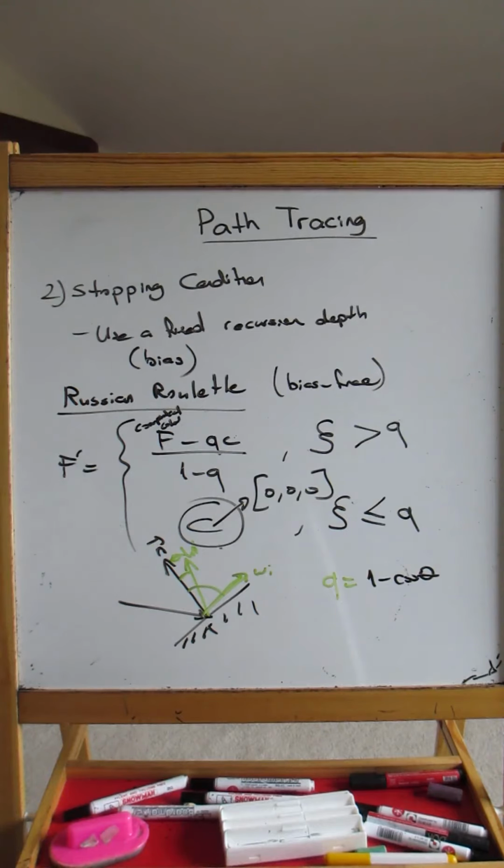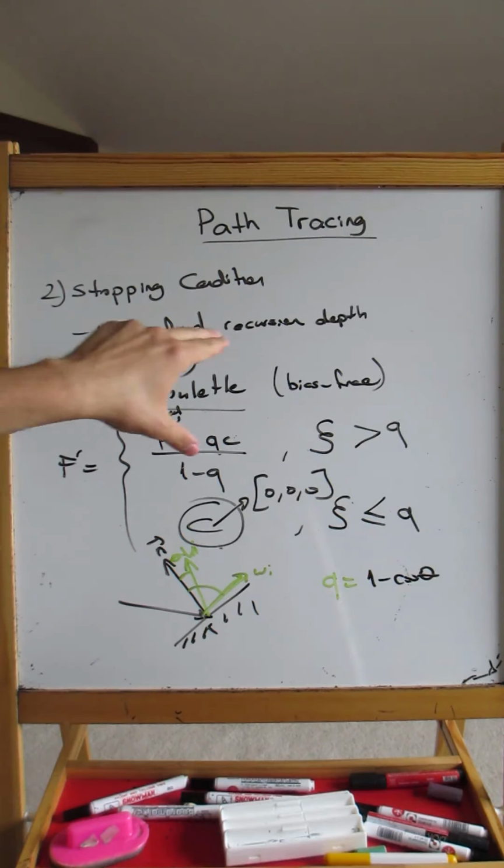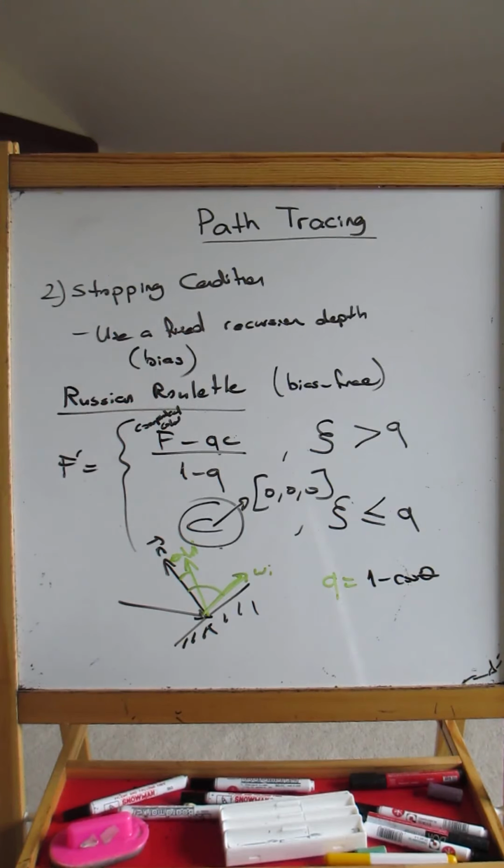Now, in terms of combining fixed recursion depth with Russian roulette, which I believe is a better approach, you can do the following. You may have the minimum recursion depth, let's say a minimum recursion depth of 6. Okay? So you do not terminate until you reach at least level 6 in your recursion. But after level 6, you may apply the Russian roulette. Okay? Now here I have simply shown you a simple